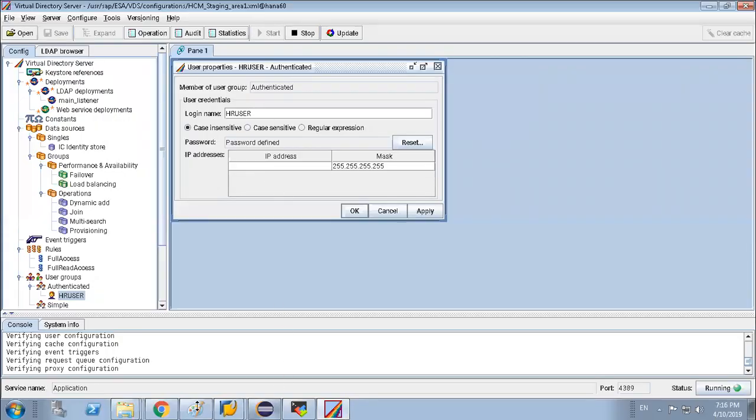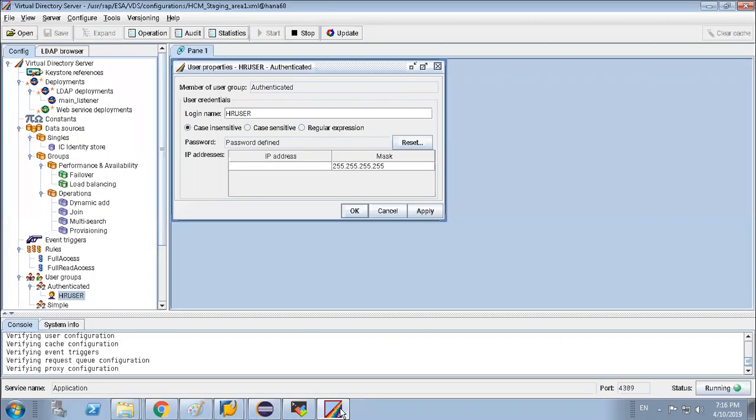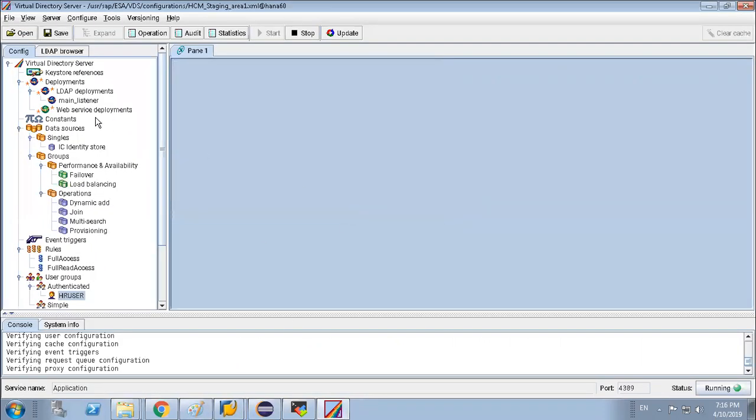So we have given this user ID and password in the VDS section and the port that we have selected. The port we have selected, and finally we created this XML file.